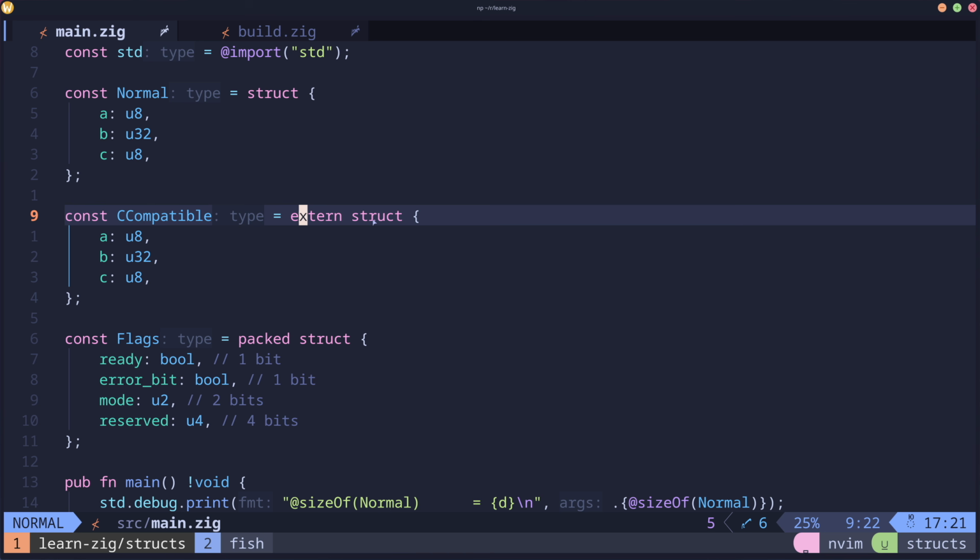And then let's look at an extern struct. If you've ever worked in C, they will never reorder their structs. It's always going to be exactly how you type it. And that's exactly what we have with extern. The reason we have this is because a lot of the time in Zig, you could be working with a language like C. And in C, like I said, it doesn't reorder them. So in order to be able to interoperate and use FFI, you need to have compatible structs